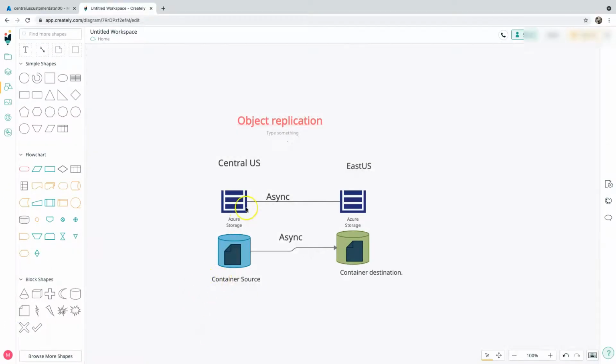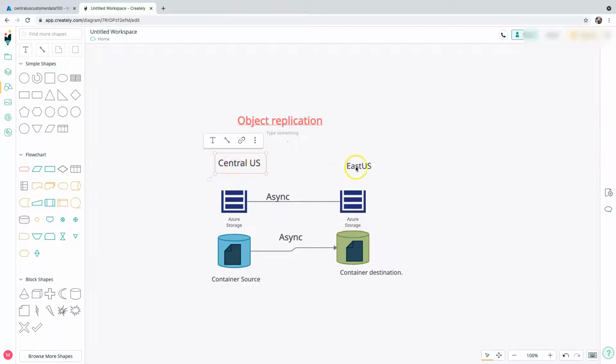Okay guys, let's see object replication, and what is it, first of all. When you have a storage account in Central US, and you have your source data in the container, and then you have this file, and imagine that you have another customer in East US, and they have their own application running, and they need to access the data in Central US. If that is the case, then it's actually a lot of overhead, because they have to do a cross-region access for the Azure Storage. So instead of that, what we're going to do is create a storage account in East US and also a container, and then enable object replication